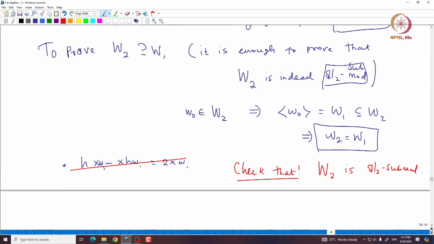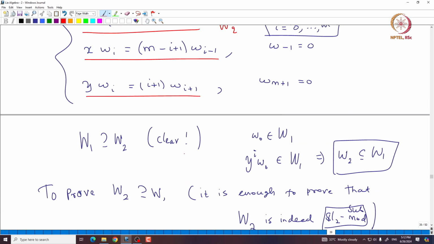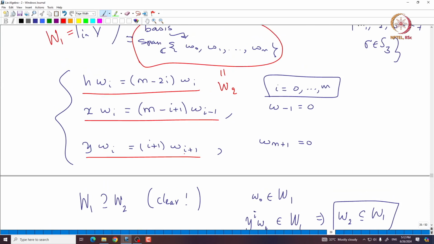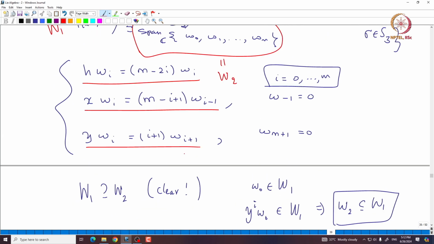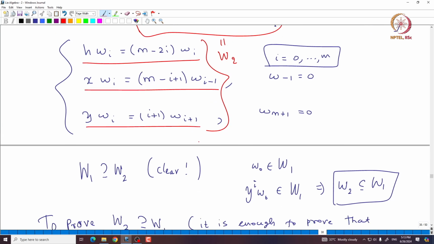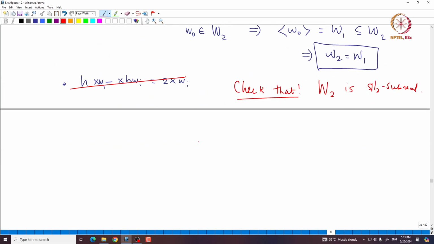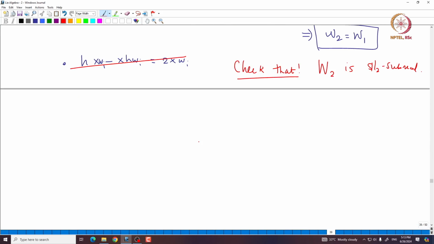So, these formulas immediately tell you that W2 is indeed a submodule. So, we do not need to check anything. The only thing we need to check is that these formulas are true. So, let us check that. Okay, maybe I will check only the